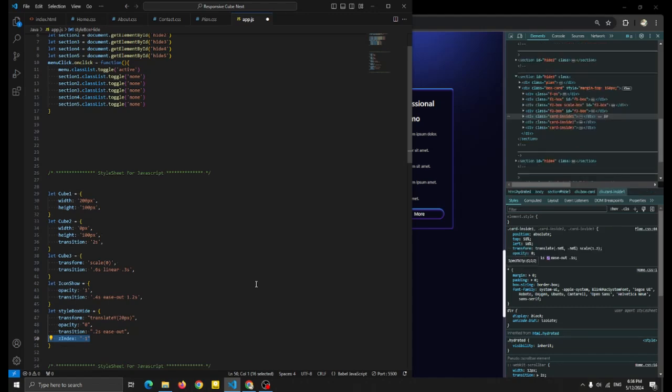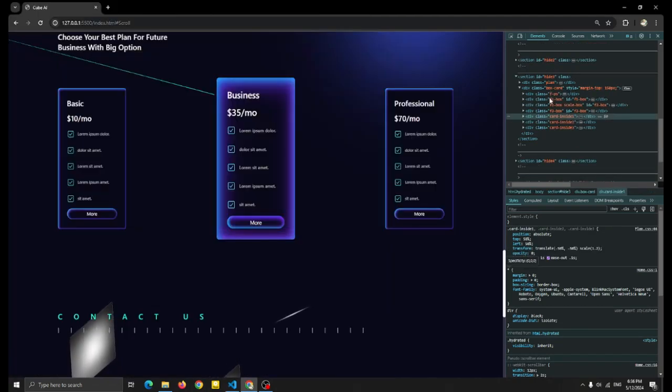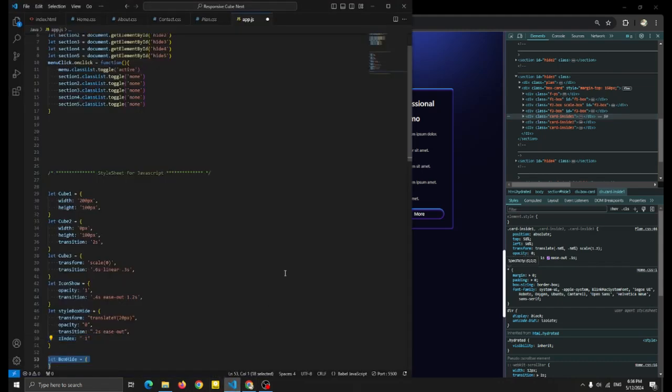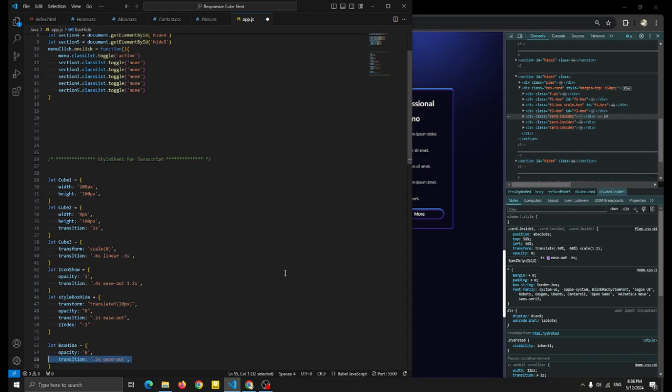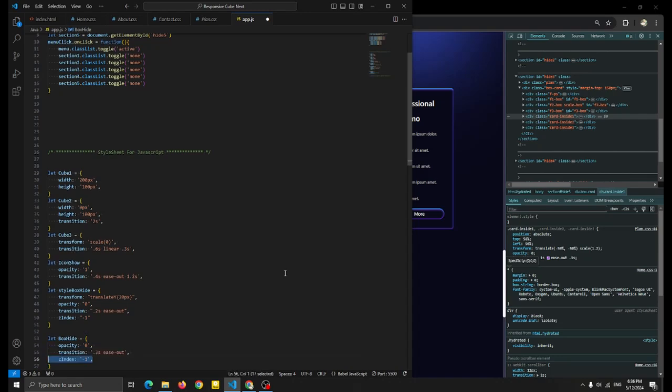Okay, so now I'm just gonna add this opacity 0 for this. So when user click on this, I wanted this two cards, the second card and the third card, just hide it with opacity 0. So let me just name it let box hide. I'm just gonna add opacity 0, and I'm gonna add a transition with this, and also the z-index -1,